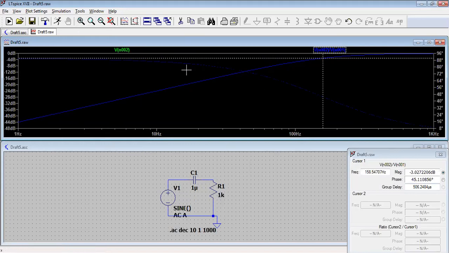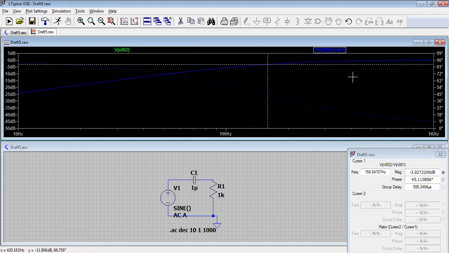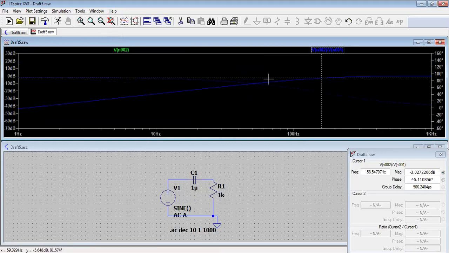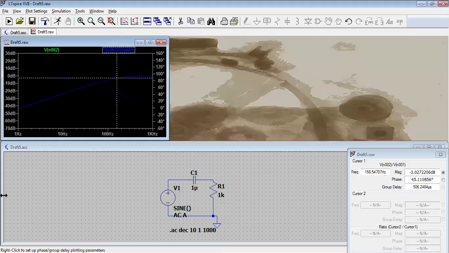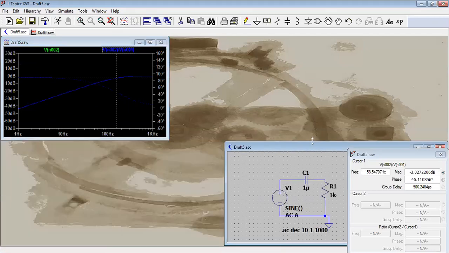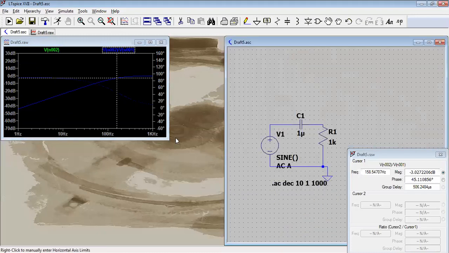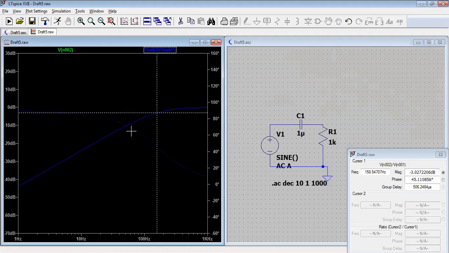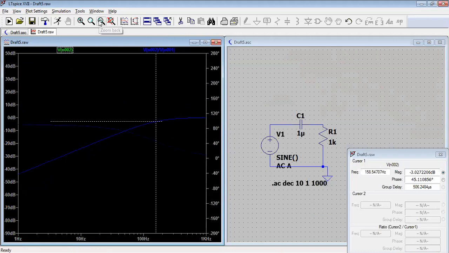If you want to increase the size, you can also increase it. Okay, let me decrease it. Let me do one thing. I will put this circuit on this side and this circuit on that side. Okay, in this way the visibility is going to be better. So here you are able to see the frequency response. If you want to see the voltage, you can get the voltage here also.